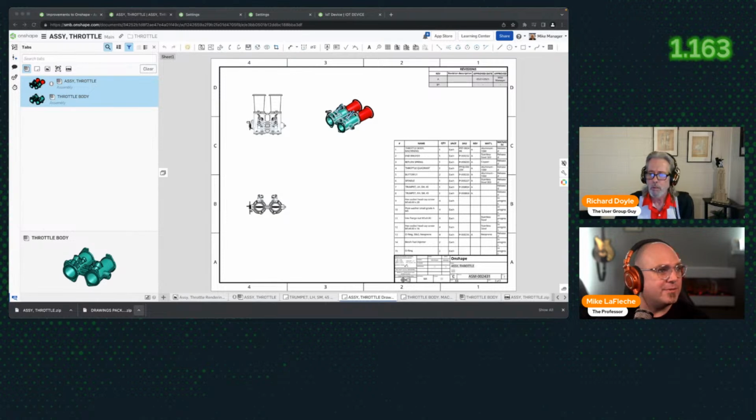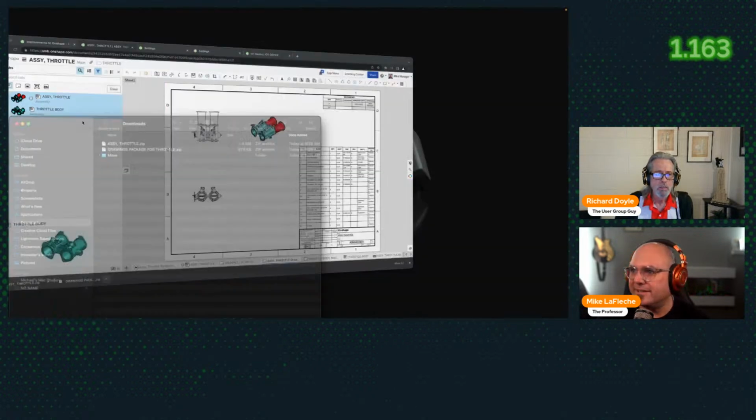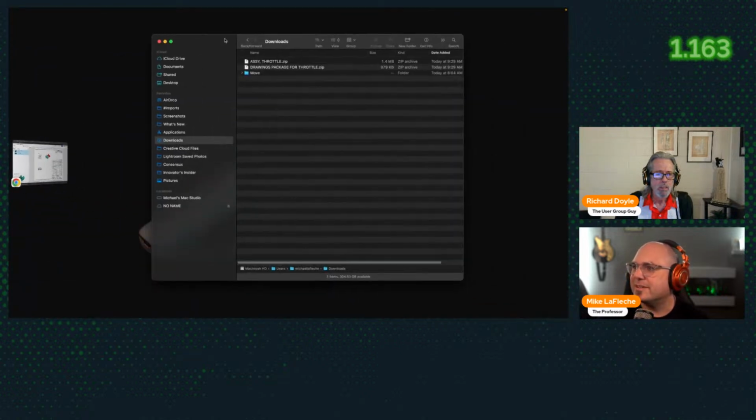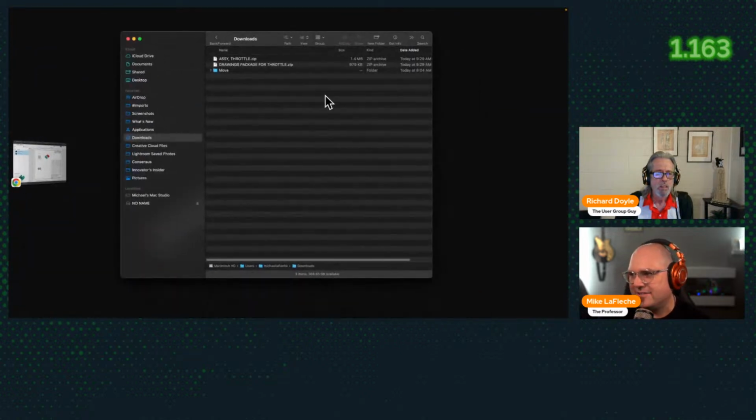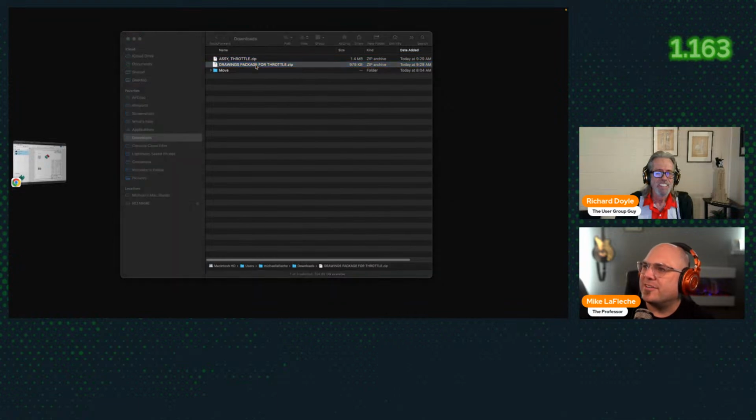And let me move this window, my Finder window, over here. So I'm using a Mac, so that's why this looks weird if you're a Windows user. There's my 2 zip files, right? Drawings package for throttle. If I double click that,